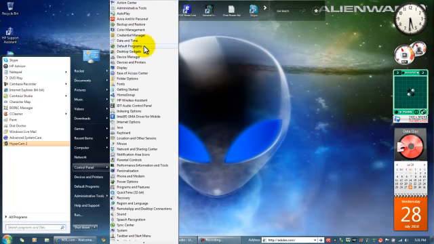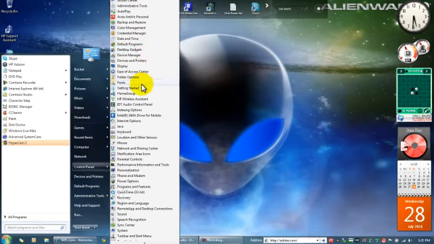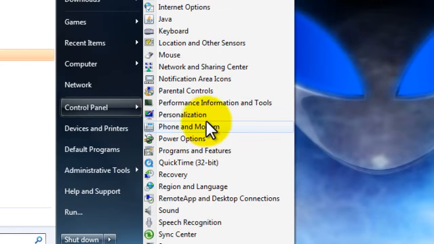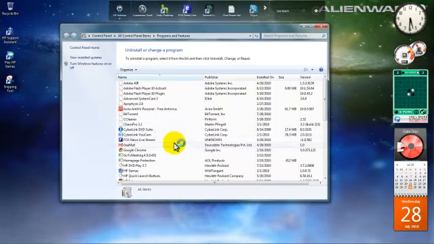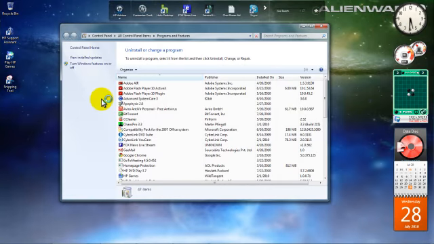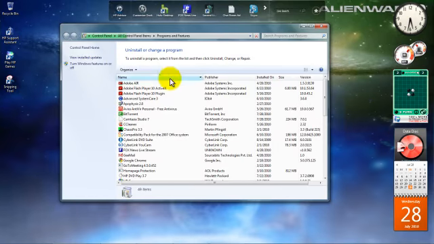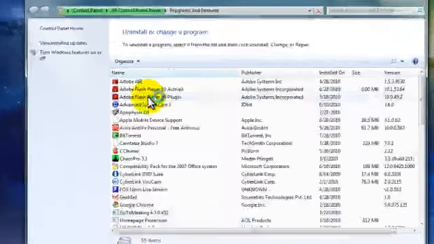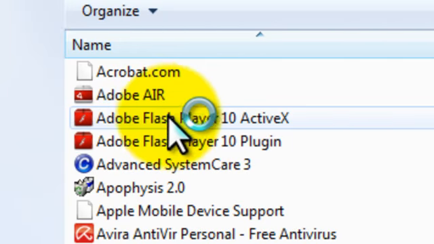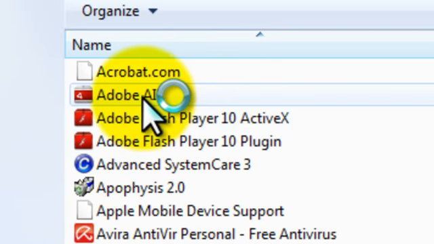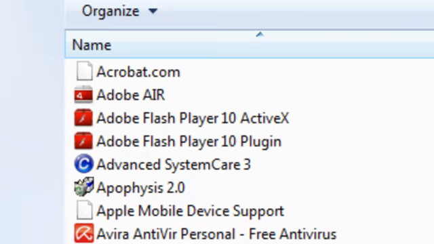In this case, mine is my program manager, which will be Programs and Features. In your Add Remove Programs or your Programs and Features, this is where you uninstall or change programs. You want to uninstall any Adobe products that you have. The plugin player, the Flash Player, Adobe Air, Adobe Acrobat. Get rid of all those programs that are associated with Adobe,